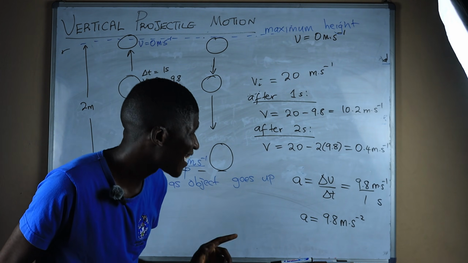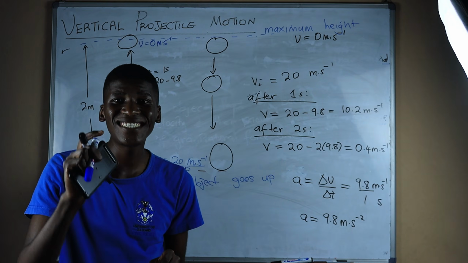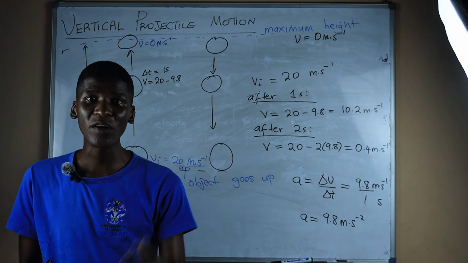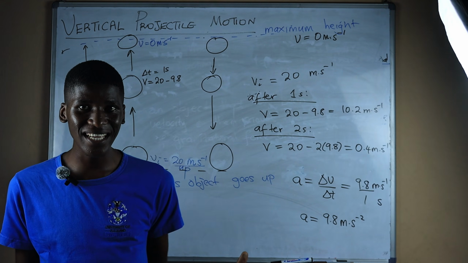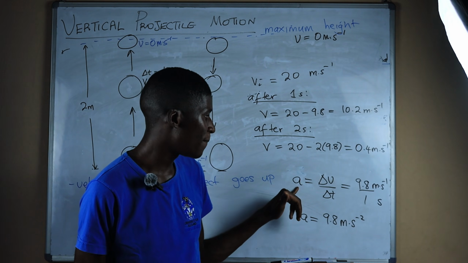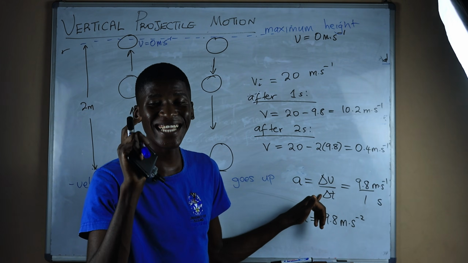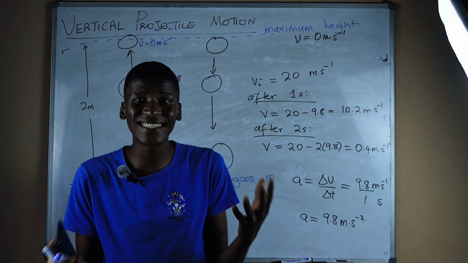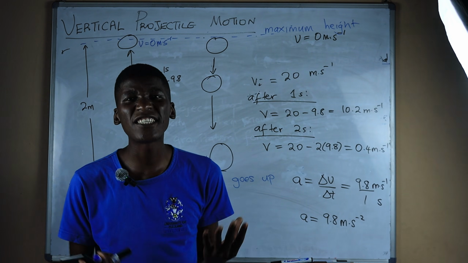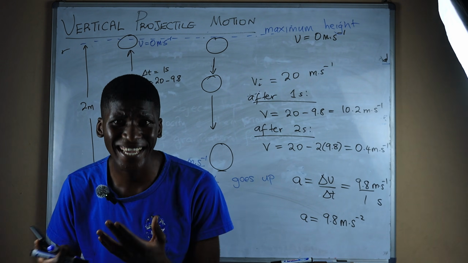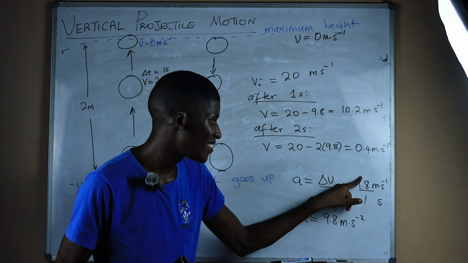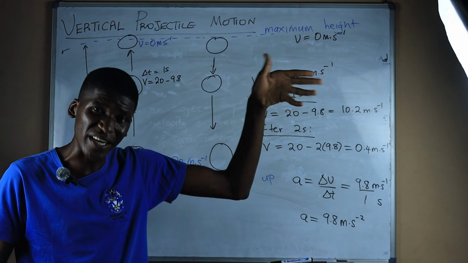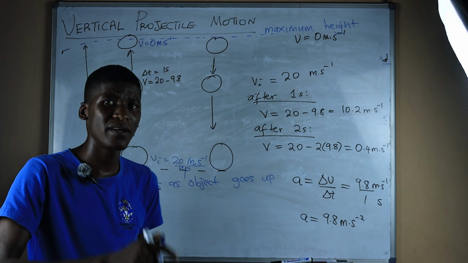So at this point, we say that the acceleration is the change in the velocity over the change in time. It is the rate of change of velocity. That's how you learned it in grade 10, right? So basically, when you're saying acceleration is delta V over delta T, it is the change in velocity over the change in time. And how much did I say the velocity changes? It changes by 9.8 meters per second. In this case, the velocity was decreasing by 9.8 meters per second as it was going up.